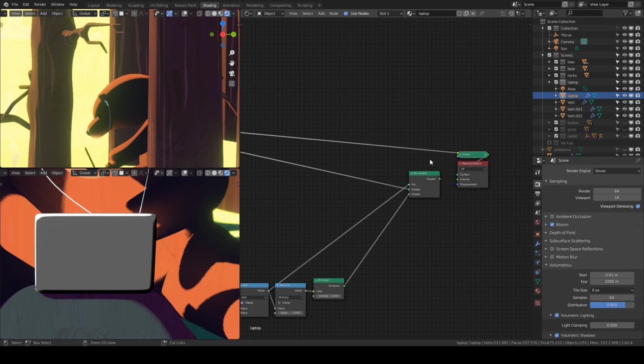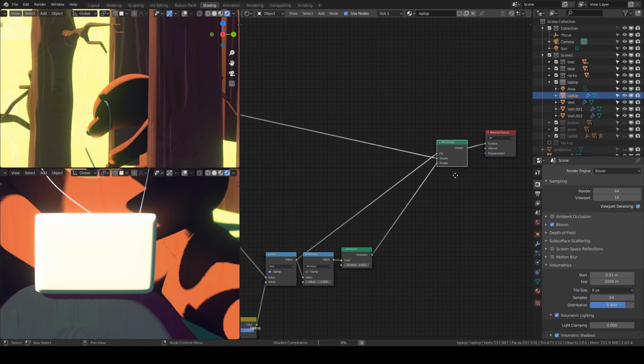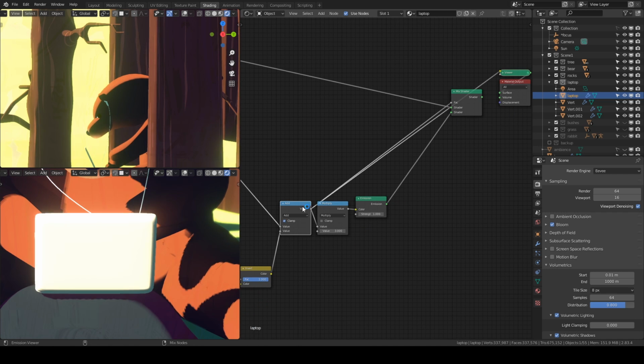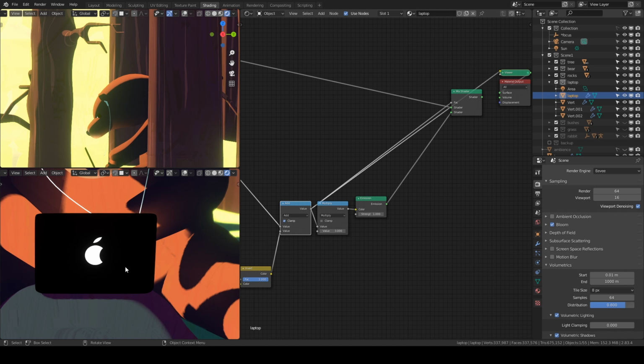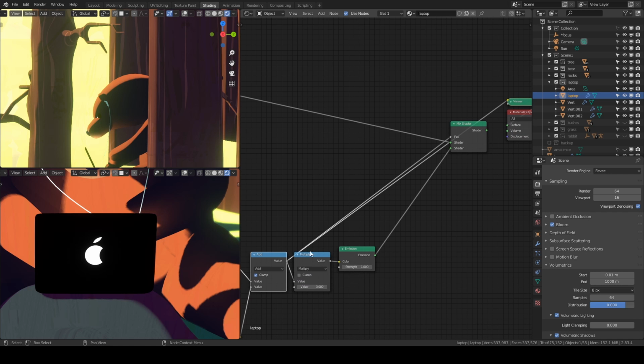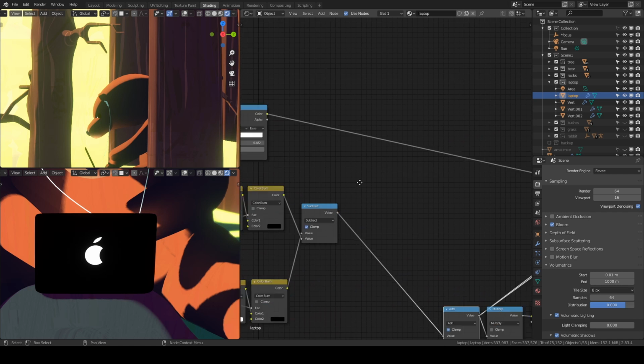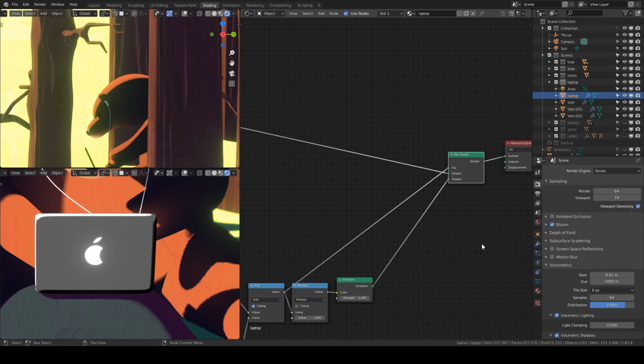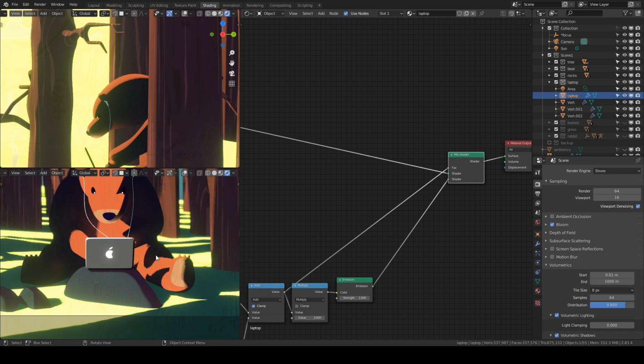And then this is the mix of it: I'm using this black and white mask as a factor to mix the glowing part and the metal part. So we have the laptop.